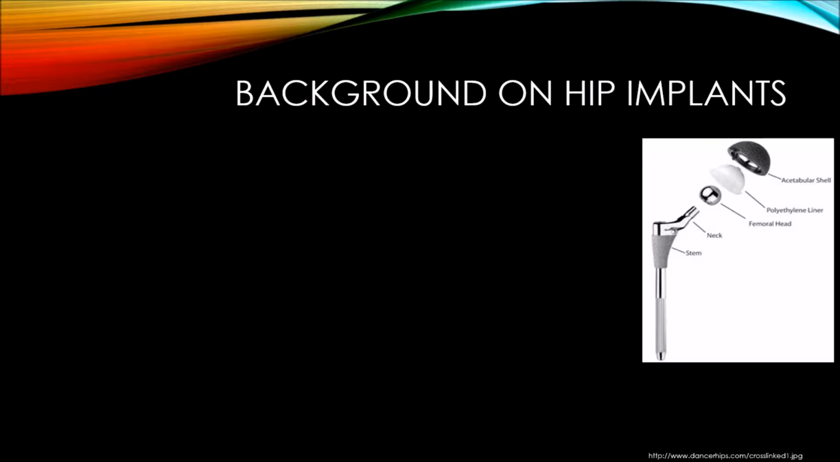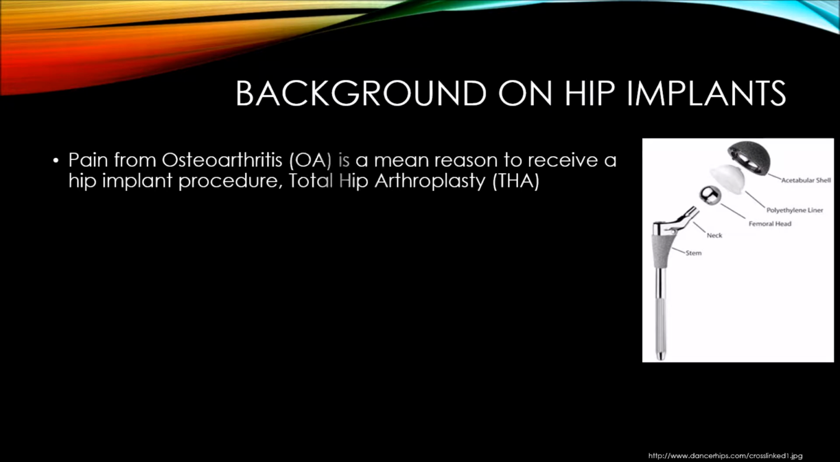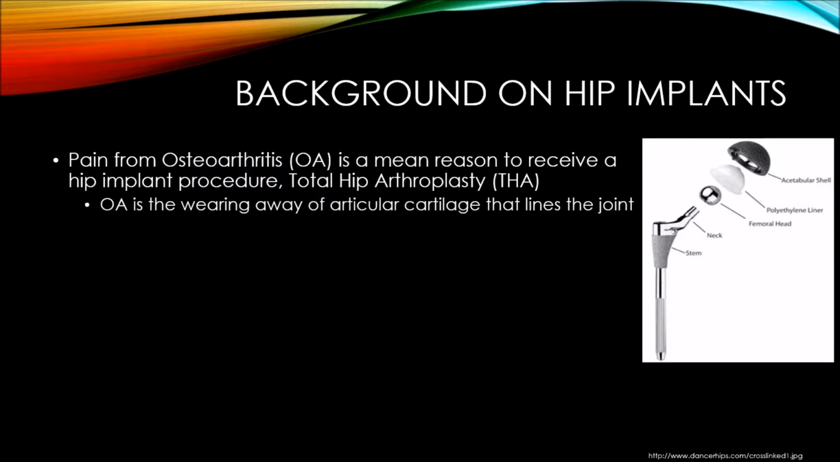So first, some background on hip implants. The main reason to get a hip implant is pain due to osteoarthritis. For those of you who don't know, osteoarthritis is a disease that wears away at the articular cartilage that lines your joint. Articular cartilage lines both ends of the bone, and they rub against each other to provide a smooth, low friction surface. So while you walk, there's no pain. However, as this wears away, you have bone on bone rubbing against each other,